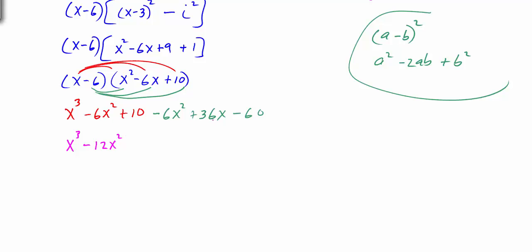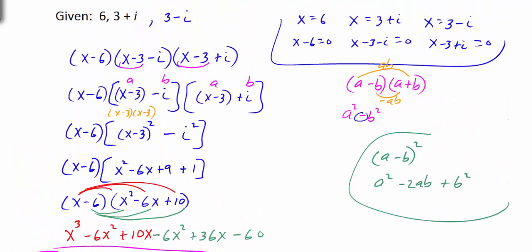And we have the one, let's see, 36x, and wait a second, I made a mistake here. When I distribute the x, we should have had x cubed, 6x squared, and this should have been a 10x. Sorry about that. So now we would have 10x and 36x, which would be a positive 46x, and then we have the negative 60. So this here is your polynomial function